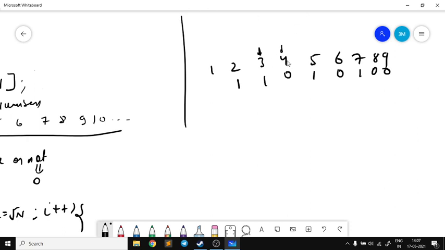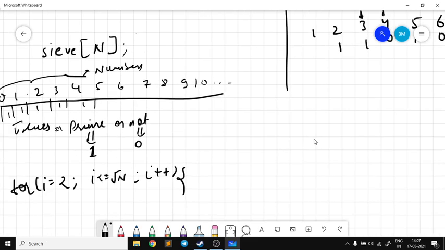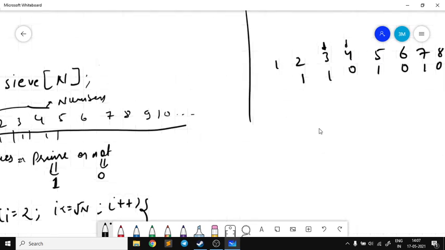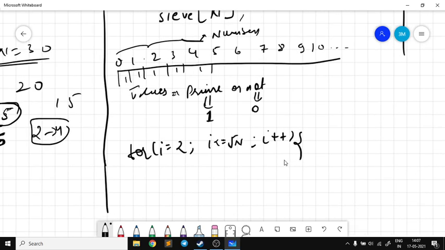Before checking the remaining multiples of the number we are currently pointing at, we will first check whether it is prime till the current point or not, right?